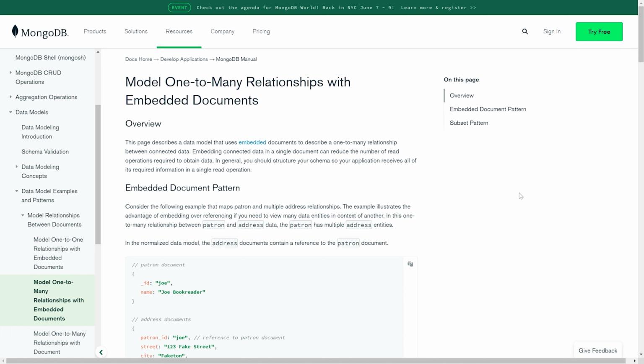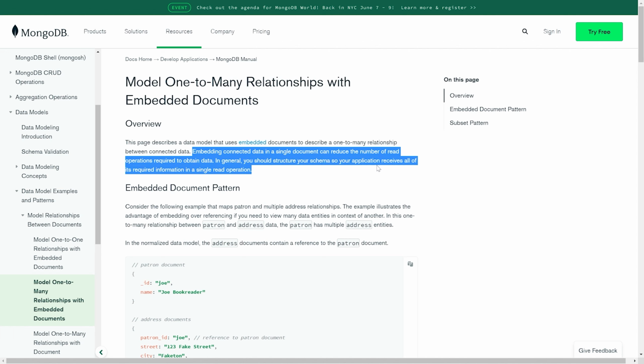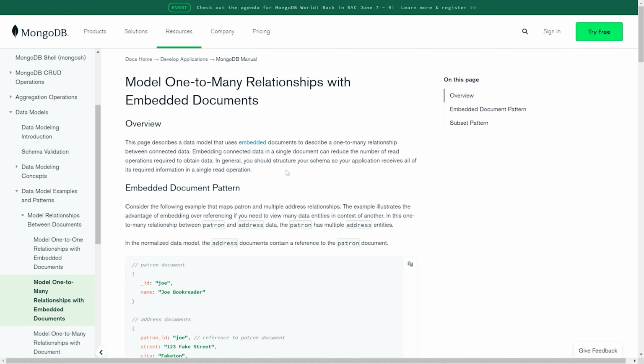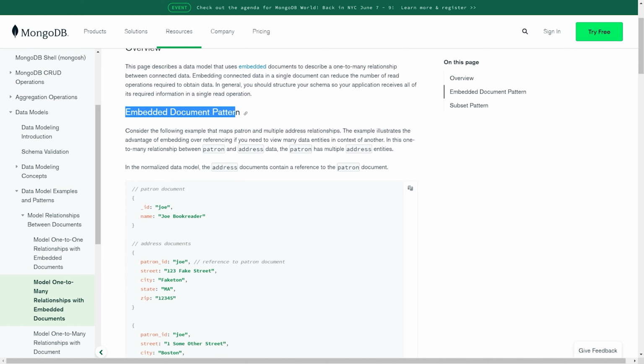Now, this is going to be similar to what I talked about before, but I just want to quickly read this to you here. It says, embedding connected data in a single document can reduce the number of read operations required to obtain data. In general, you should structure your schema so the application receives all of its required information in a single read operation. So that is for efficiency purposes, and this is kind of stating why you would use this embedded document pattern,